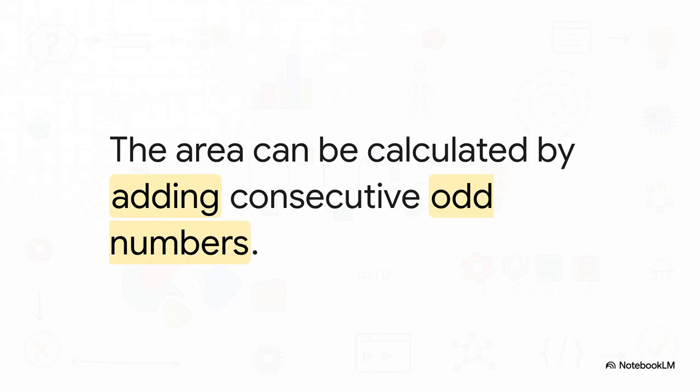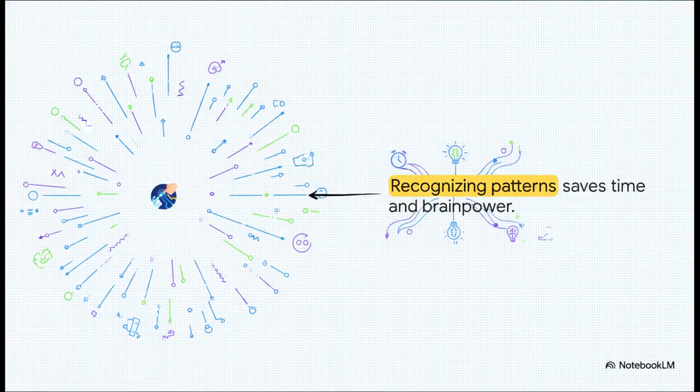Once you recognize this pattern, a totally complex set of data becomes completely predictable. You don't have to multiply large numbers in your head anymore, you just follow the hidden rule you uncovered. Recognizing patterns like this saves a ridiculous amount of time and brain power. And honestly, this is exactly what makes computer scientists so fast and efficient. They aren't doing unnecessary work. They just look for the pattern, write a rule for it, and let that pattern do all the heavy lifting.